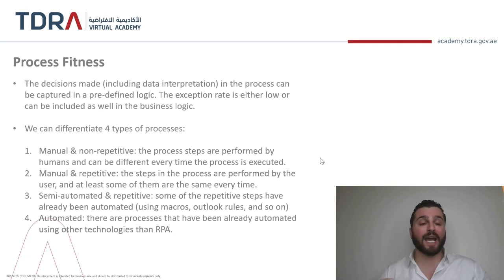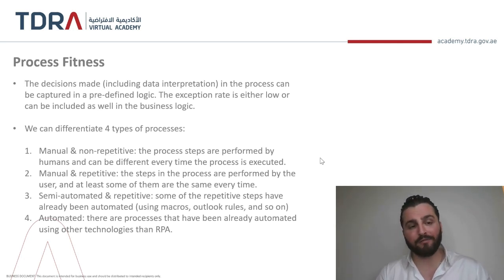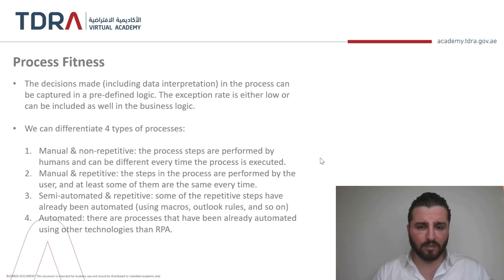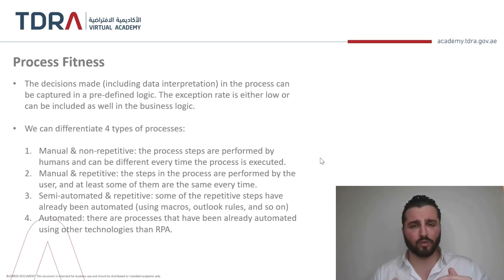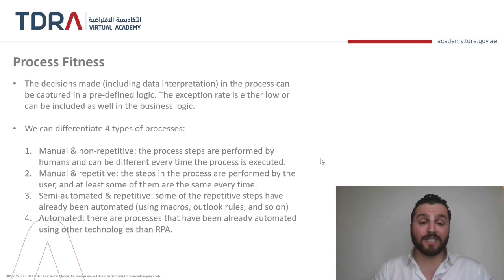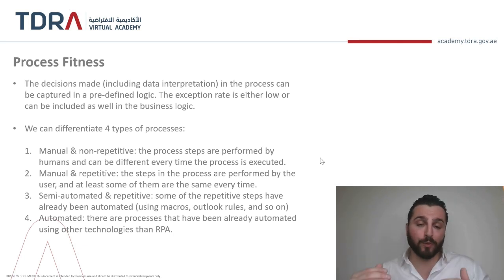These five categories can also drive the conclusion of process fitness, the same way we do it with the four types of process that we identified here. If it's manual and non-repetitive, we call it a unique process, so it can be performed differently by a human being. We'll keep this at a different priority from the others. If it's manual and repetitive, then it's very crucial and essential to put this process under RPA and make it a fully robotized process.